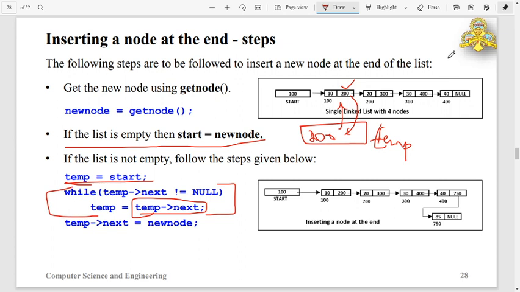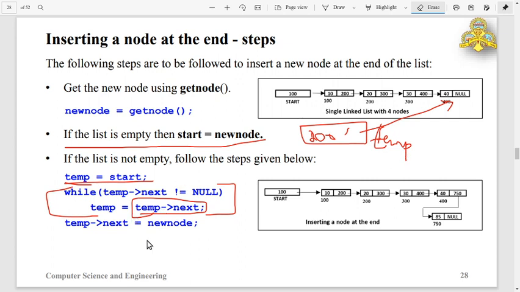So now the temp pointer points to the next node. Perform this step until you get the address of next such that it points to the last node. Then the loop ends.